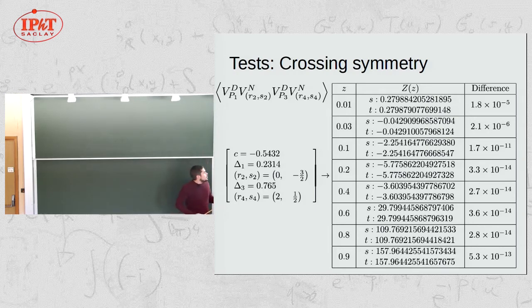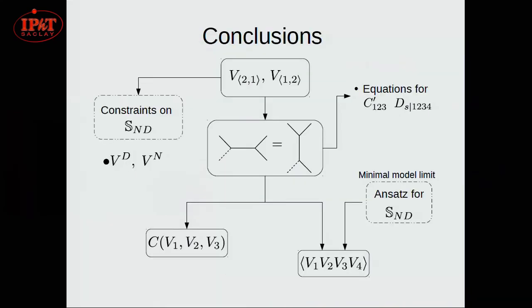So when we are far enough from the problematic points, we find a good agreement between both channels, and thus we conclude that this function also does satisfy crossing symmetry. And this in turn, well, let me discuss this in the conclusion. So